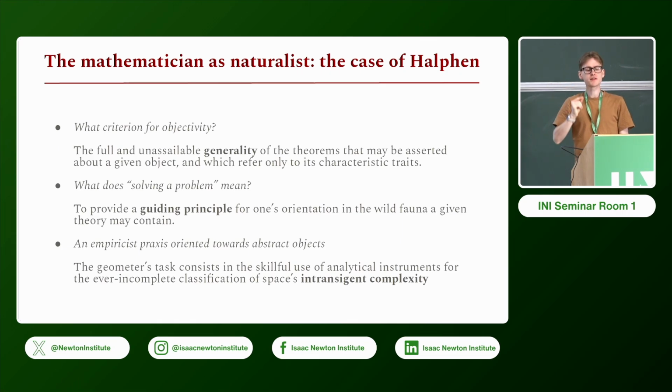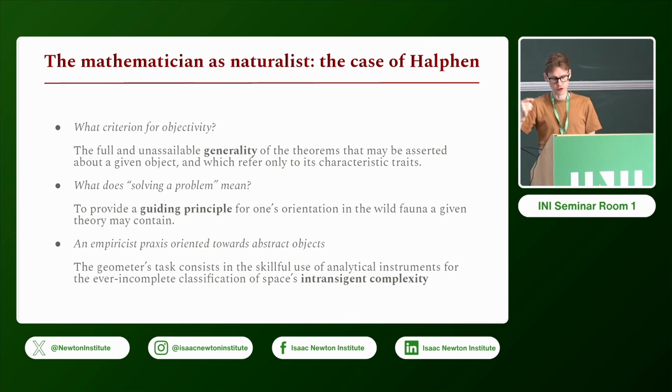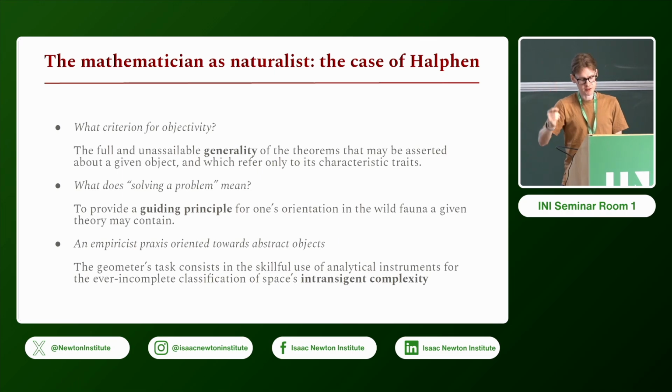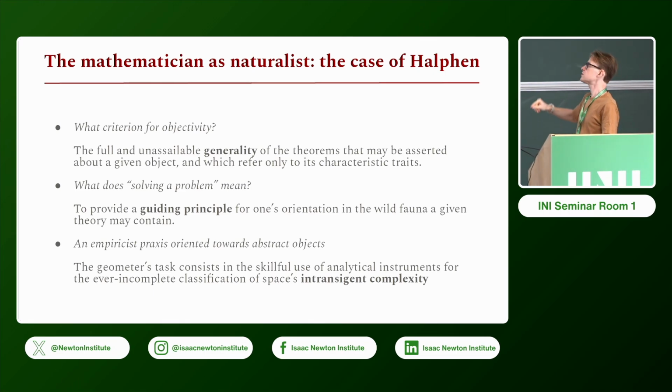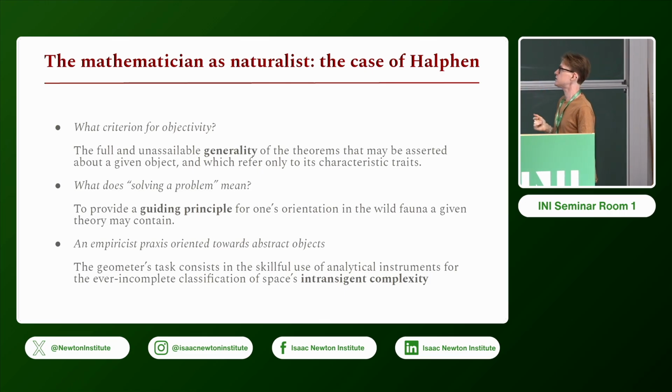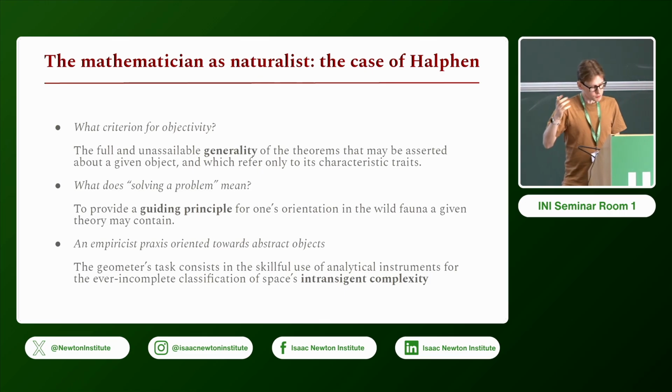Any general statements about algebraic skew curves of degree d would fall under certain exceptions, certain particularities. Whereas in those more restrained cases, we are able to state general theorems. We are able to state general theorems about plane curves of degree D in the way that we cannot about skew curves. So here the criterion for objectivity is the generality of the theorem that we might express about it, which is perhaps not how we think of objectivity in general.